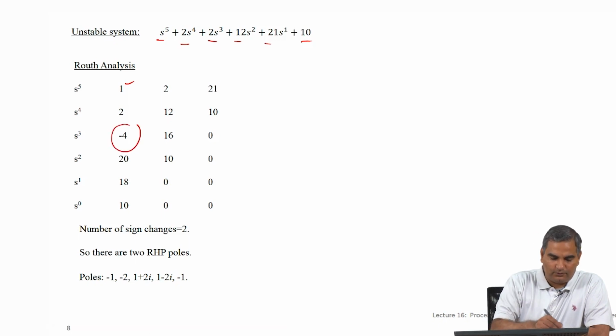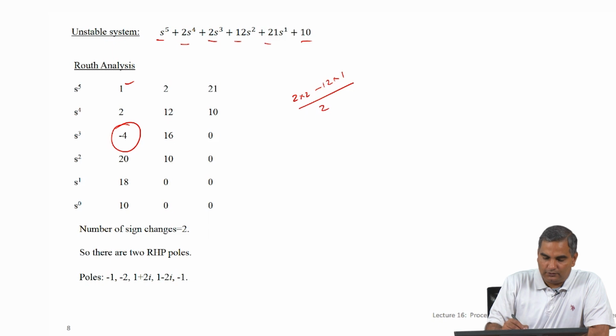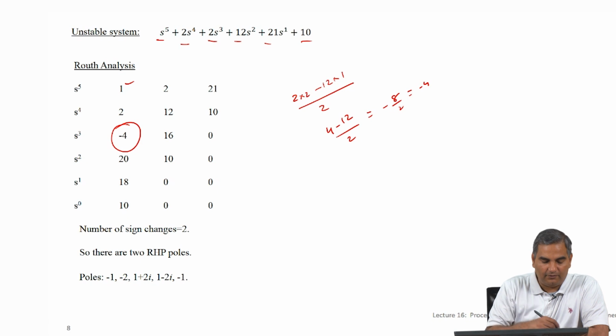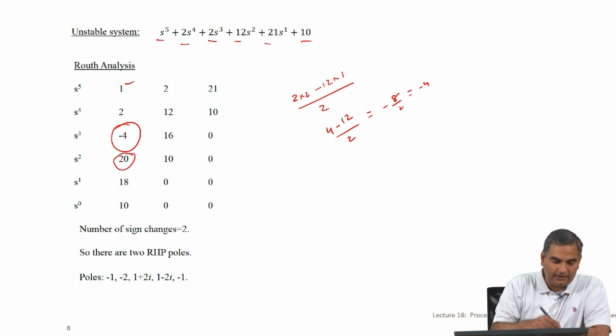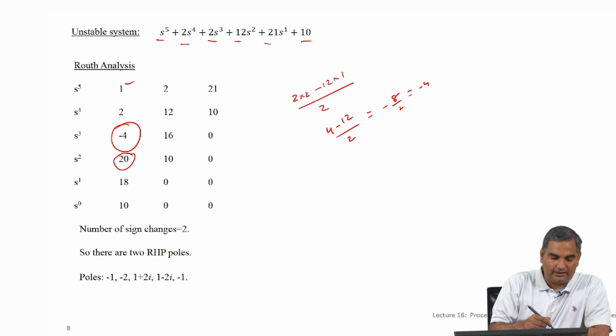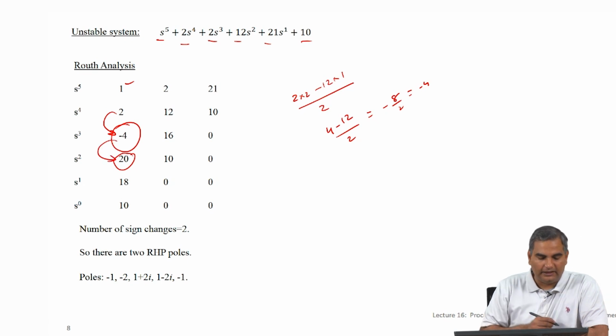So, let us just do this one term here. This is going to be 2 times 2 minus 12 times 1, divided by 2. So, this is going to be 4 minus 12 by 2, which is minus 8 by 2, equal to minus 4. So, that is the number here. If you do this computation the same way that we have done, the next number will become 20, 18, 10 and so on. Now, if you ask how many roots are in the RHP, you would say that there are 2 roots in the RHP, because there is one sign change here from positive to negative, and then another sign change here from negative to positive.